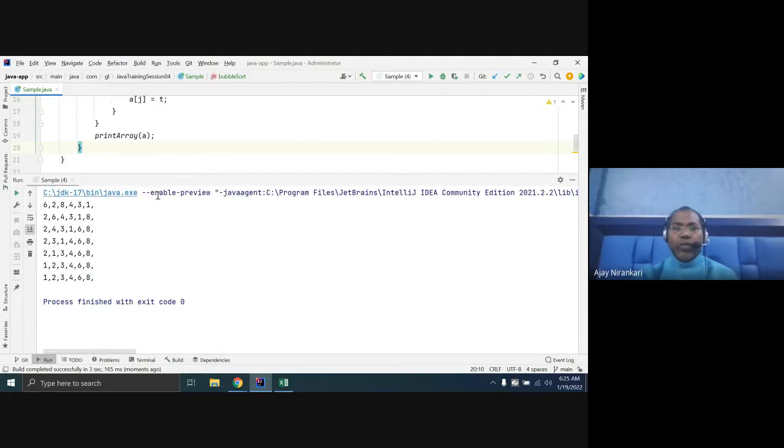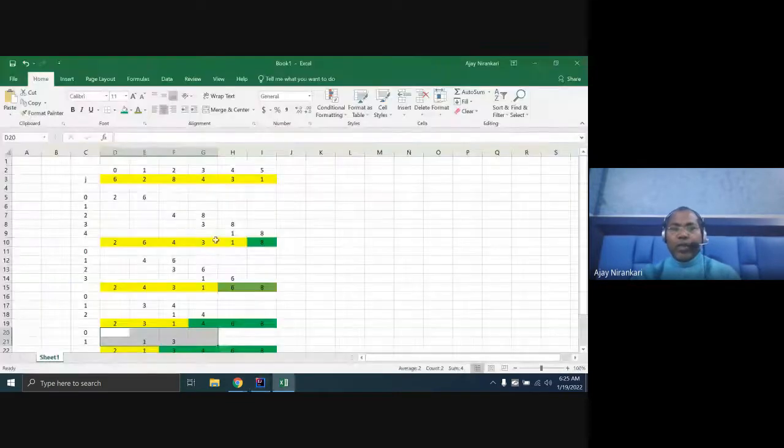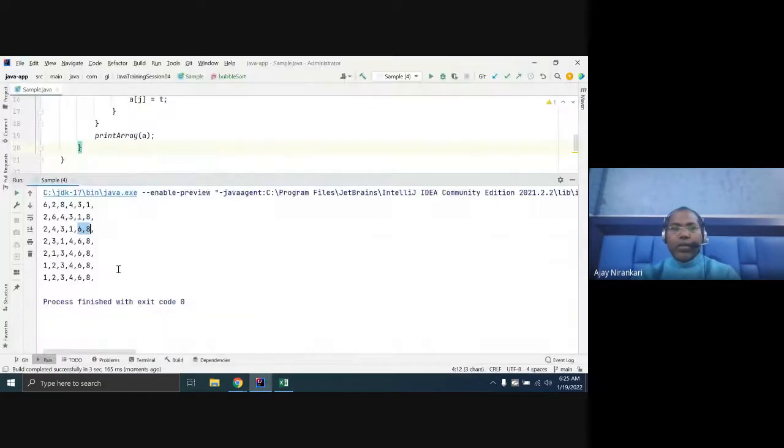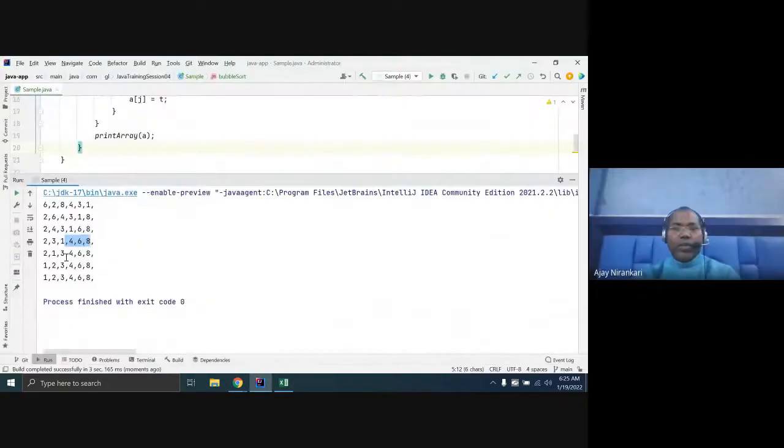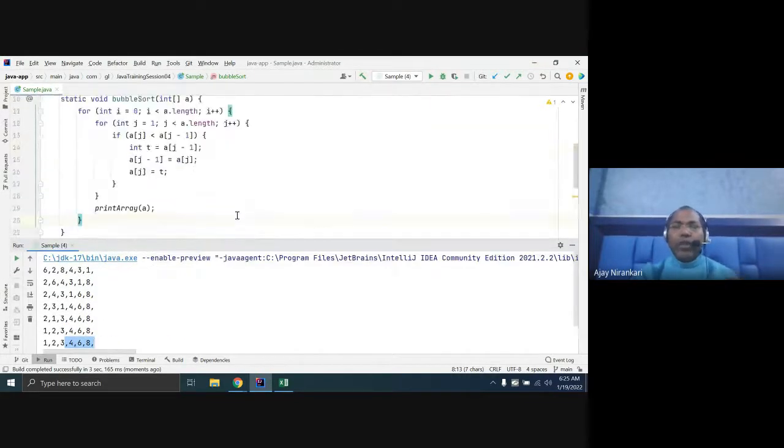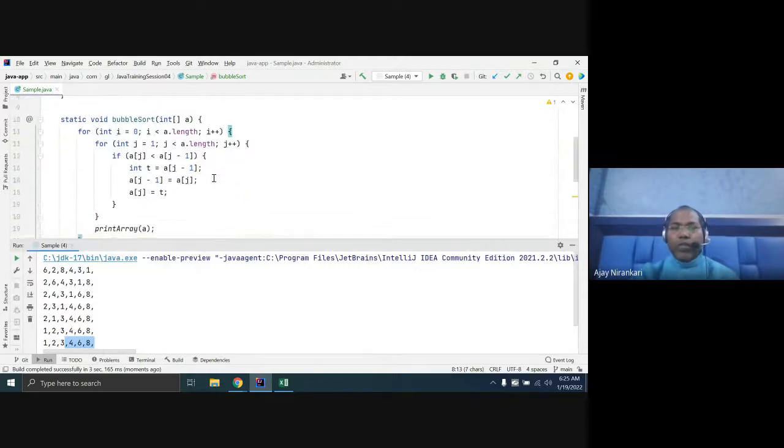So now you observe this is the output. First your 8 element, then 8 6, similar in this way, 4 6 8, 3 4 6 8, and then done. So in this way you can sort your elements.